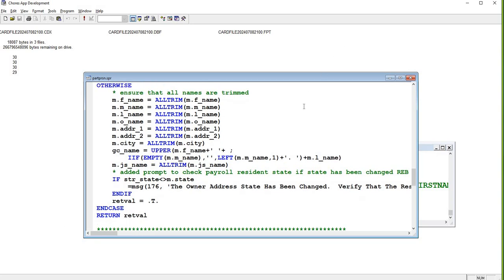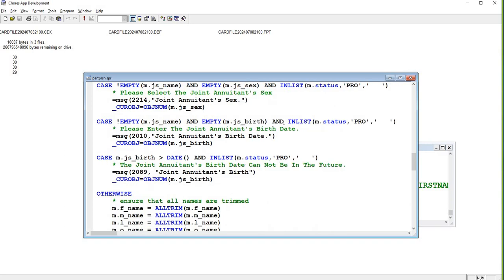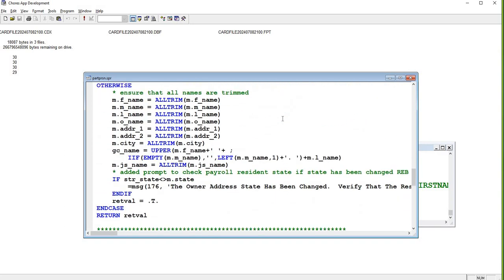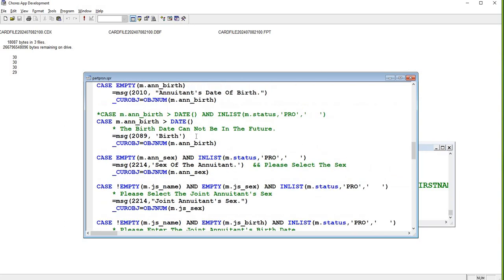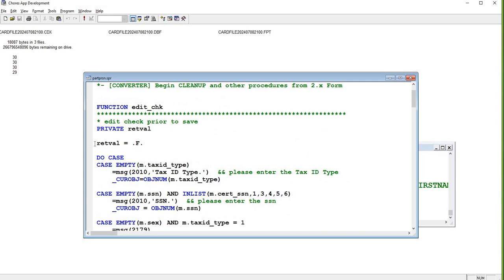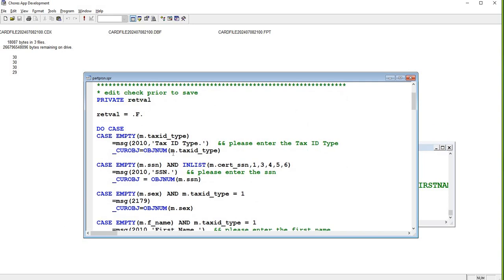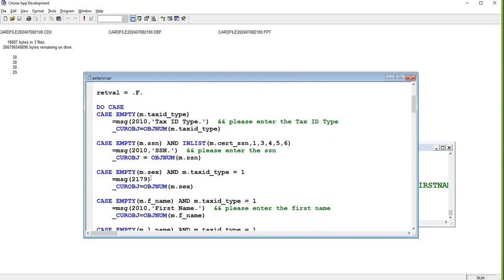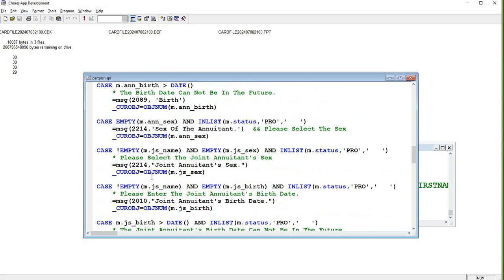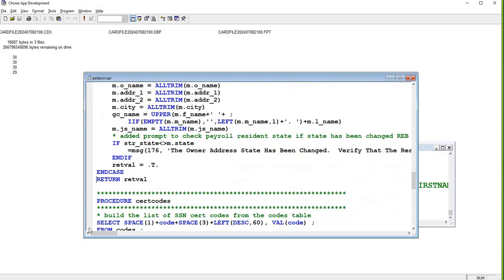Right. So why are these two dots used before and after the t? Yeah, retval is going to be true or false. And it started off as false up at the top of this case statement right here. And so if we encounter any of these cases, then retval will remain false. But if we get to the bottom and